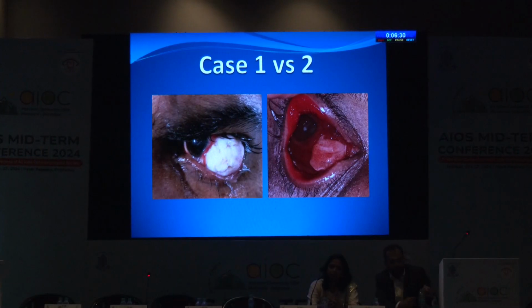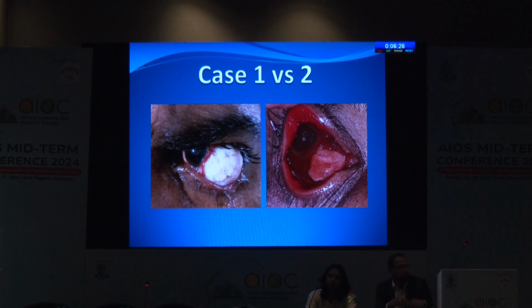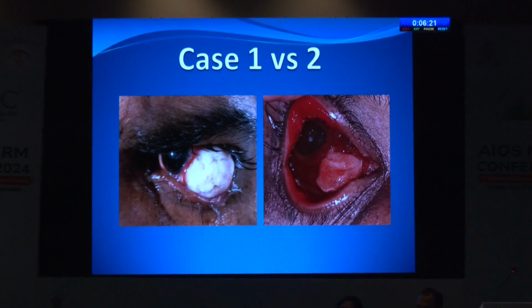So first, we had two young male patients who came to us. History similar: red eye since 3 to 4 months, a painless mass, progressively growing, no history of bleeding. So these were the two patients, case 1 and case 2. In case 1, we see a large white lesion, otherwise there's no redness. In case 2, there's a large congested lesion, and the entire ocular surface is congested with